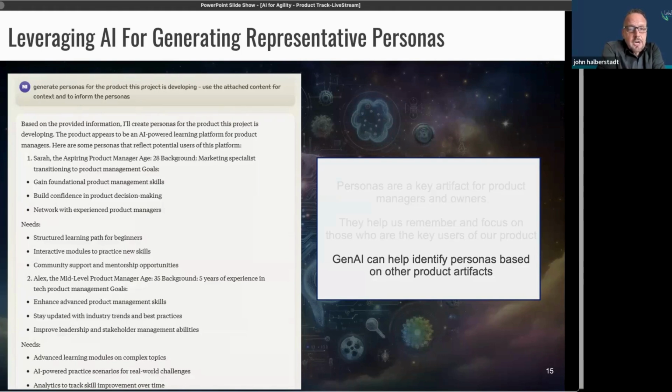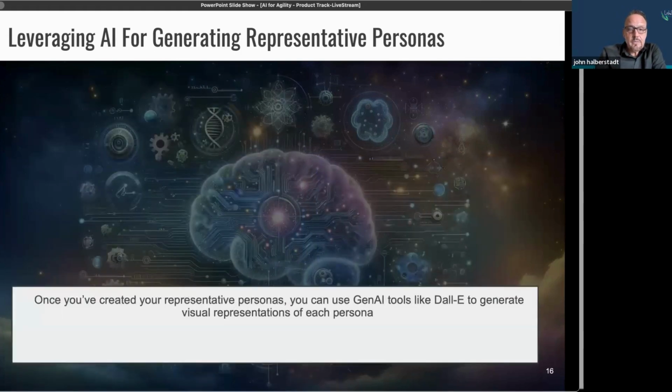These would be things that would be in our backlog that we would look at, and then we'd have to decide which of those personas perhaps do we need to focus on first in terms of our first delivery. But again, this is very helpful for informing what we're going to build, how we're going to build it, and how we prioritize what that looks like.